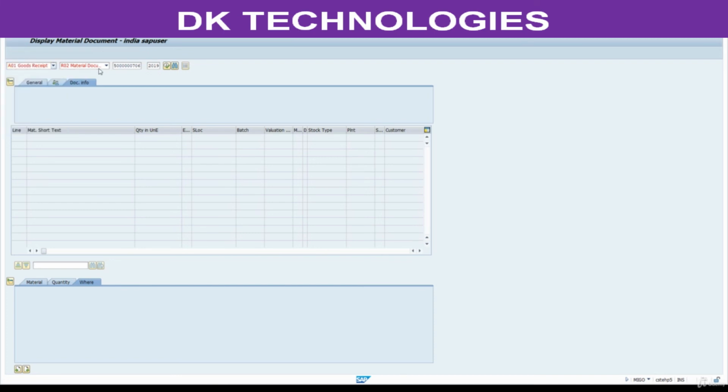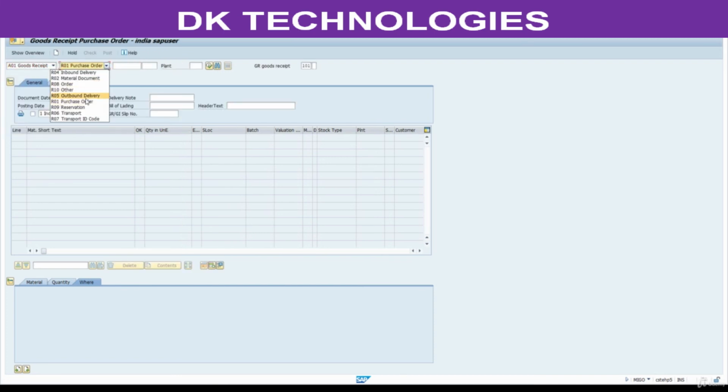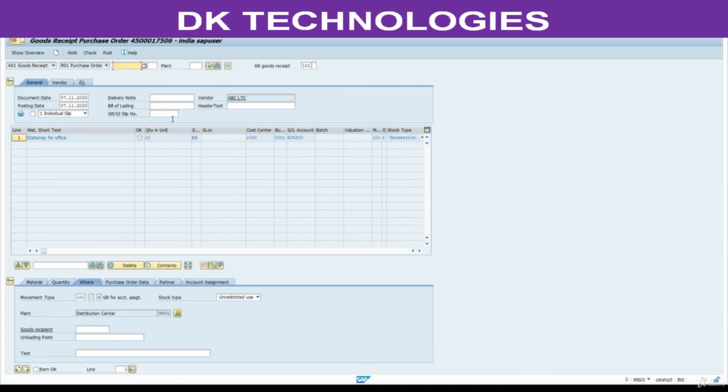Change this to goods receipt. Here purchase order. Press enter. Rest of the process is same. Select item is OK. Check this. Post it.